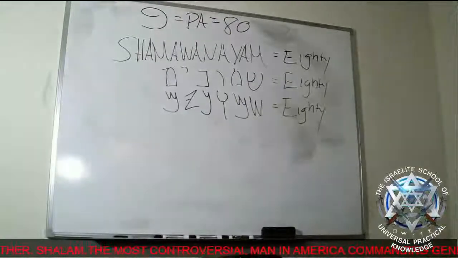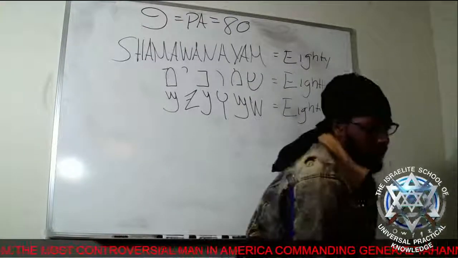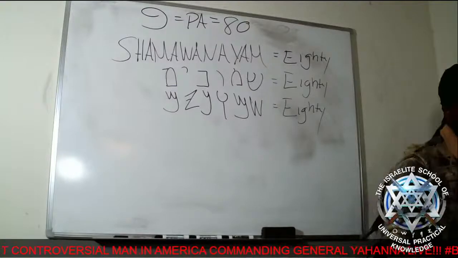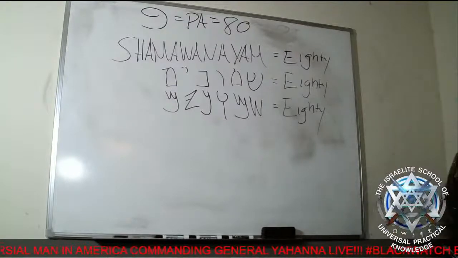So when you see the letter Pi in the scriptures, when it's next to a letter, next to a name, it has a